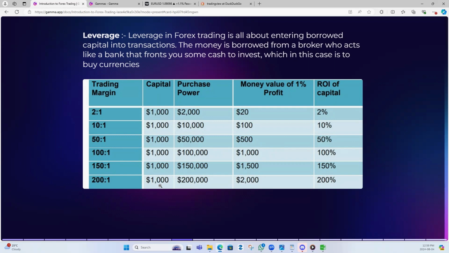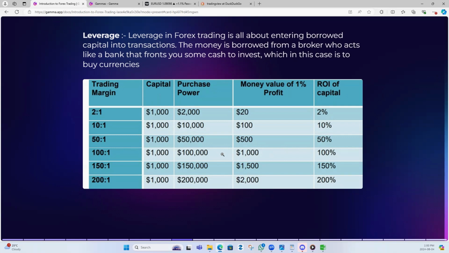So basically, if you have $1,000, look how much money you can control. It is a very small amount of money that you have in your account. At the same time, for any pip movement, for instance, you have one standard lot, you have $1,000 in your account, and your broker is providing you a leverage of $100,000, right? So any pip movement, one pip movement will give you $10.